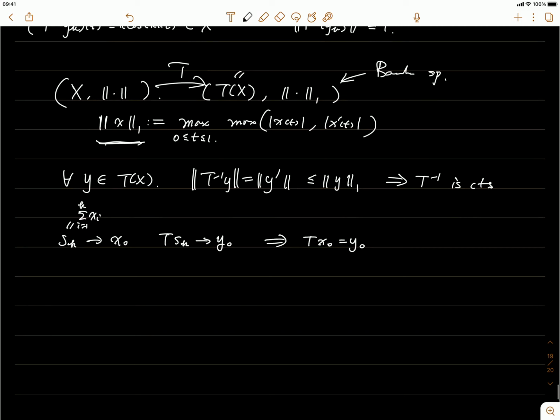So what is a closed operator? The definition is this. We have two metric spaces. Let's say X and Y are metric spaces. Okay? And then we say that the operator T from X to Y is called closed